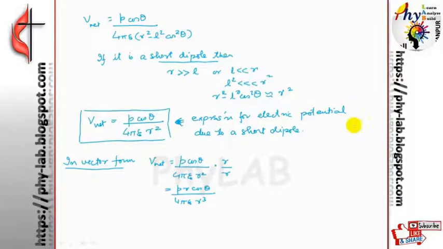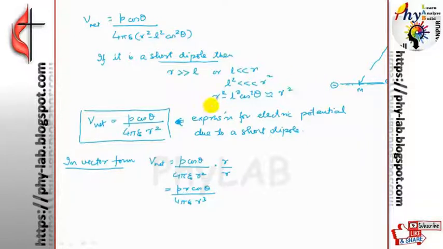I am just drawing the diagram over here, friends. If you remember, this was my negative charge, this is my positive charge, this is the axis of the dipole, and the point P is situated over here. Let me mark this as the point M, the midpoint, and then I am interested in finding out the electric field at some point P.